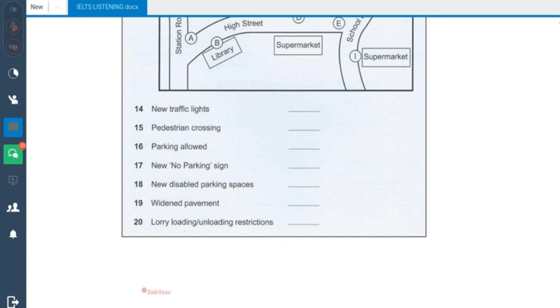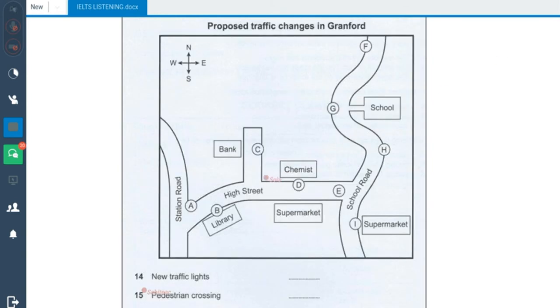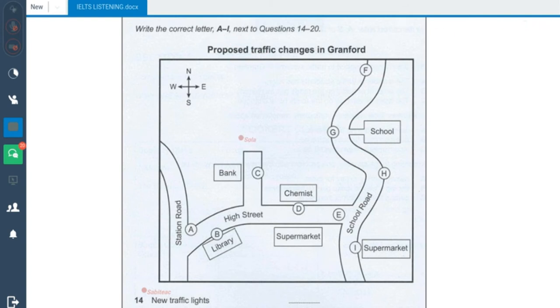So look at the map again. You have options A to I. Okay, so question 14 might be option A, or it might be B, it might be C, it might be D, it might be E, and so on and so forth. Okay, good. Now let's assume that